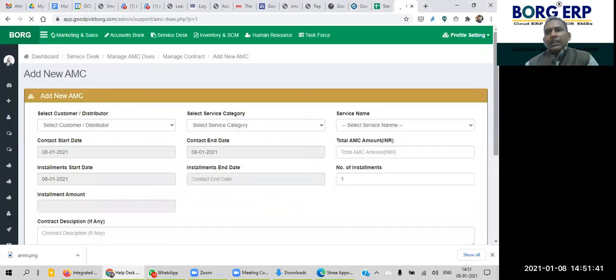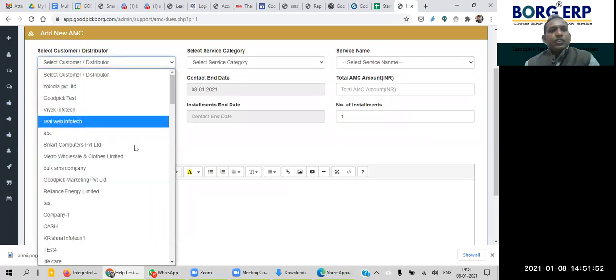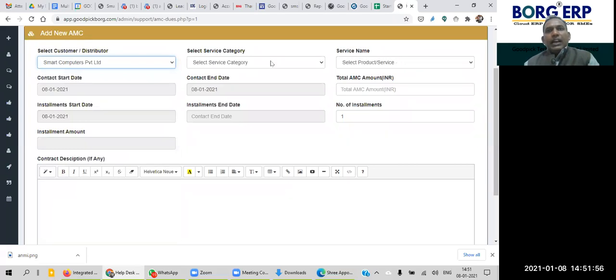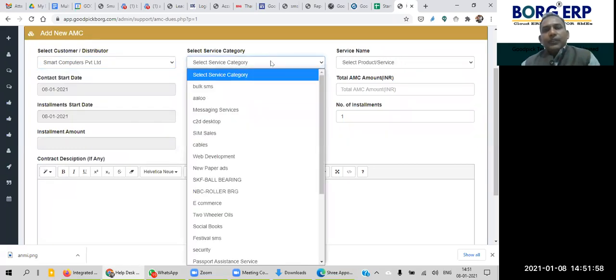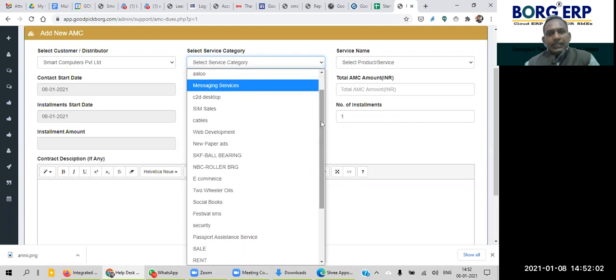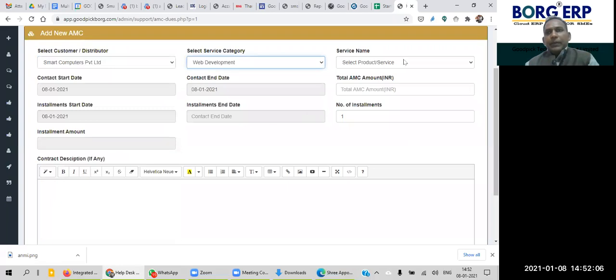For example, today I'm signing a contract with one of my customers. I'll select that particular customer, for example, Smart Computer Private Limited. Now I'll put the category of the service for which I have signed, or am going to sign, for example, web development.